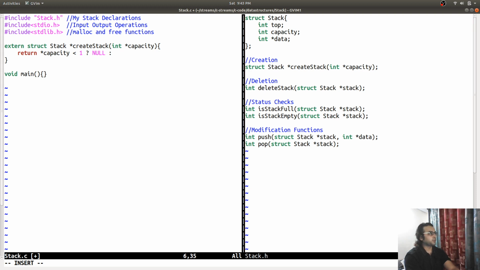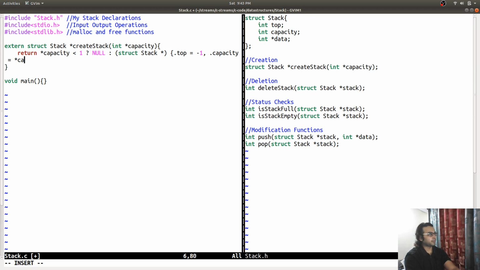Next I'm going to do struct stack, and top is equal to -1. I haven't done this type of allocation before, so I'm going to try how it works.